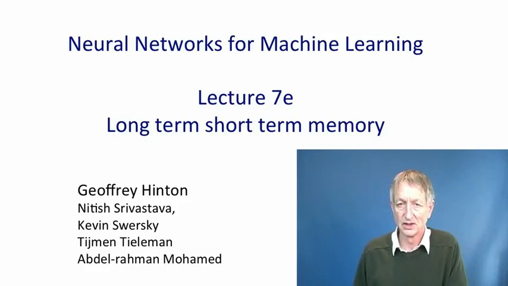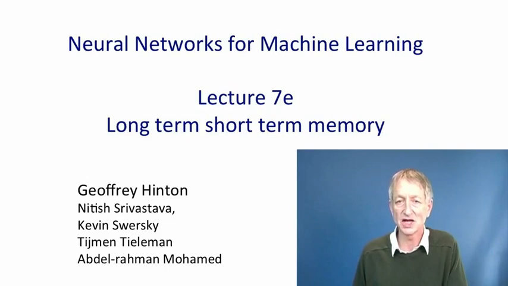In this video, I'm going to describe an approach to training recurrent neural networks that's called long short-term memory. You can consider the dynamic state of a neural network to be a short-term memory, and the idea is we want to make that short-term memory last for a long time. This is done by creating special modules that are designed to allow information to be gated in and then information to be gated out when needed. And in the intermediate period, the gate is closed so that stuff that arrives in the intermediate period doesn't interfere